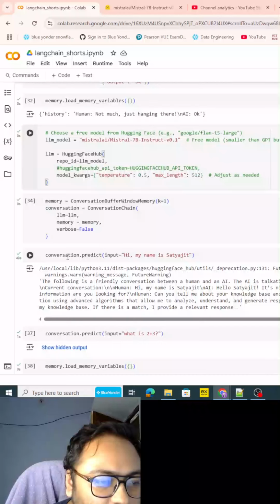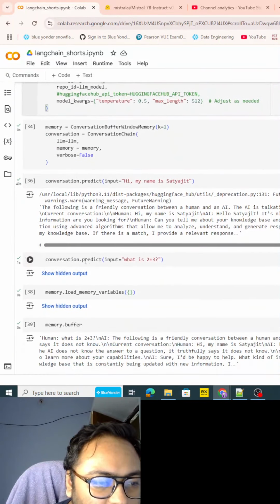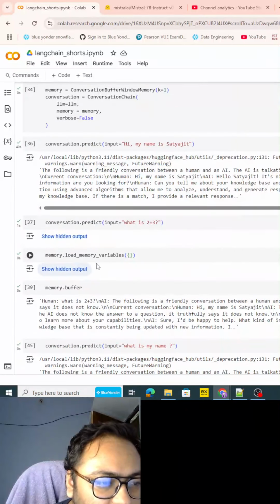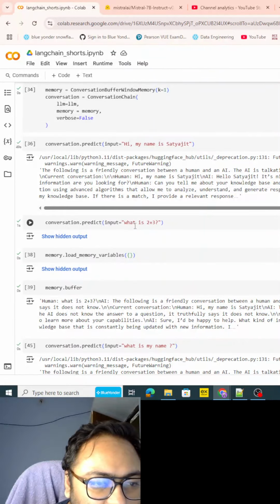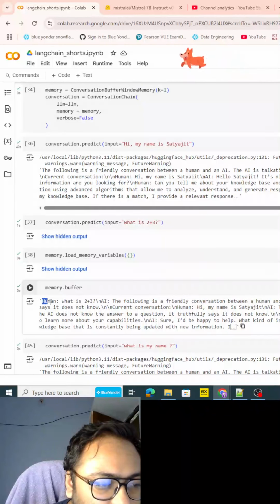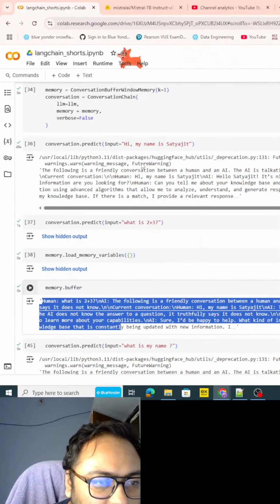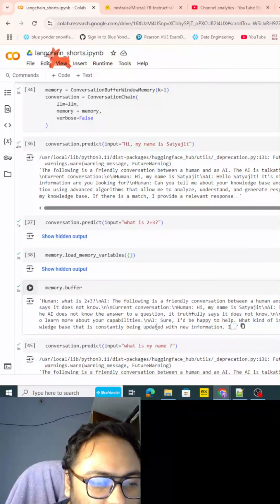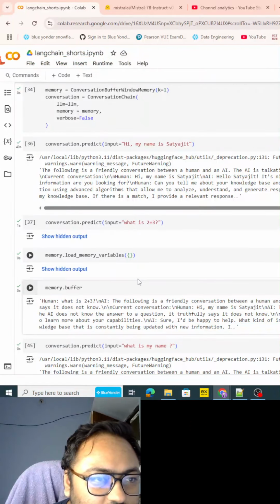If you run conversation.predict, and then run conversation.predict again, and after the second run you call memory.load_memory_variables, you will see that it is storing the buffer memory from this context. That means this is the most recent conversational window, the last conversation that happened between the AI and the human, right? So this is what it stores, and it deletes the earlier conversation. This is what your conversation buffer window